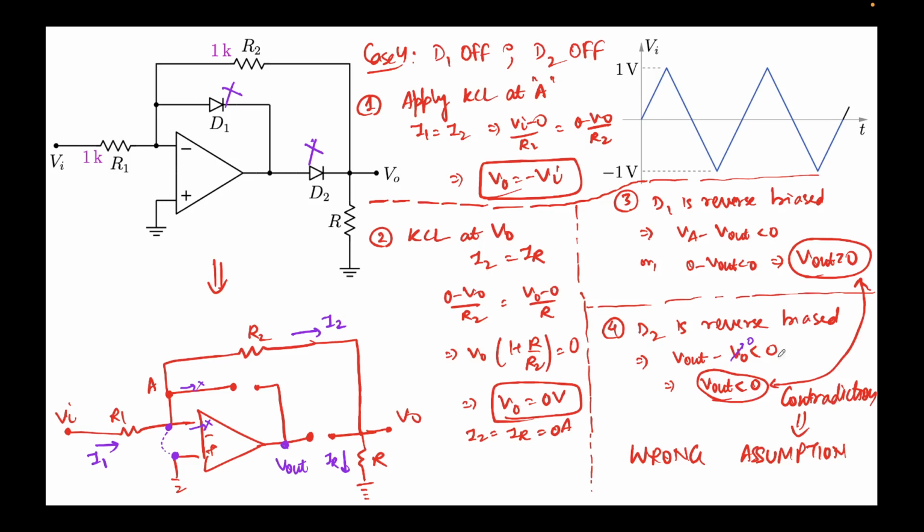Both cannot be true simultaneously. Hence, this assumption is wrong. So in this configuration, this circuit will never work. Okay. So what we did is that we saw the 4 configurations. That's all the combinations, and we saw that in two of the combinations the circuit is not even working,